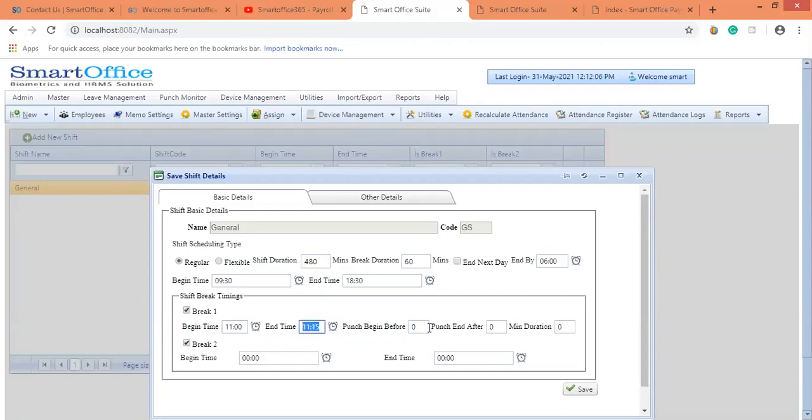Say for example, if any of the employees goes earlier than the allotted timing, the punch has to be accepted in the software. That is why we give a begin before and end after and minimum duration, and also the break duration.